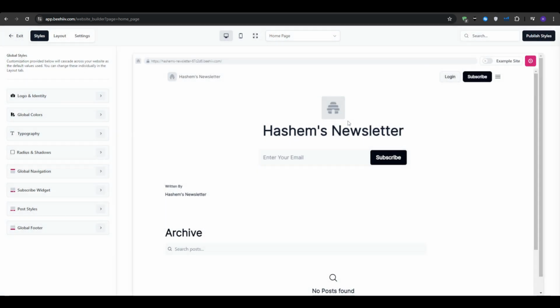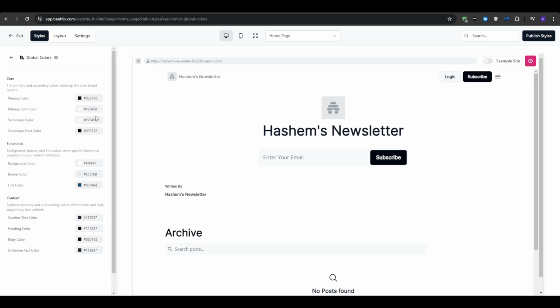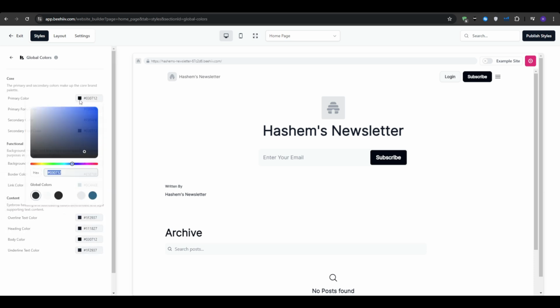Next, we're going to go to the core of the website builder. Beehivv has thoughtfully divided the builder into three main sections: the styles, layout, and the settings. This structure makes it easy to navigate and understand even if you're completely new to website design. The styles tab is where you'll start setting the tone of your entire website. Here you can define default values and styles that will be consistent across your site. And this includes uploading your own logo, selecting your preferred fonts, choosing a color scheme, and even setting the border